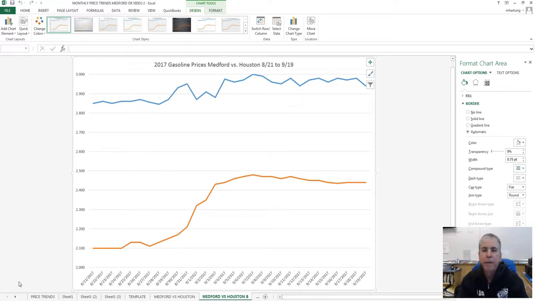Hurricane Harvey occurred, I believe it made landfall around the 25th, 26th of August. And so that's here in this zone right around here. And you can see that in Houston, gasoline prices were pretty flat, not changing much. And then all of a sudden this hurricane hits, there's a little bump. And then the aftermath of the hurricane, the recovery and rebuilding, the demand for gasoline is certainly going up, and